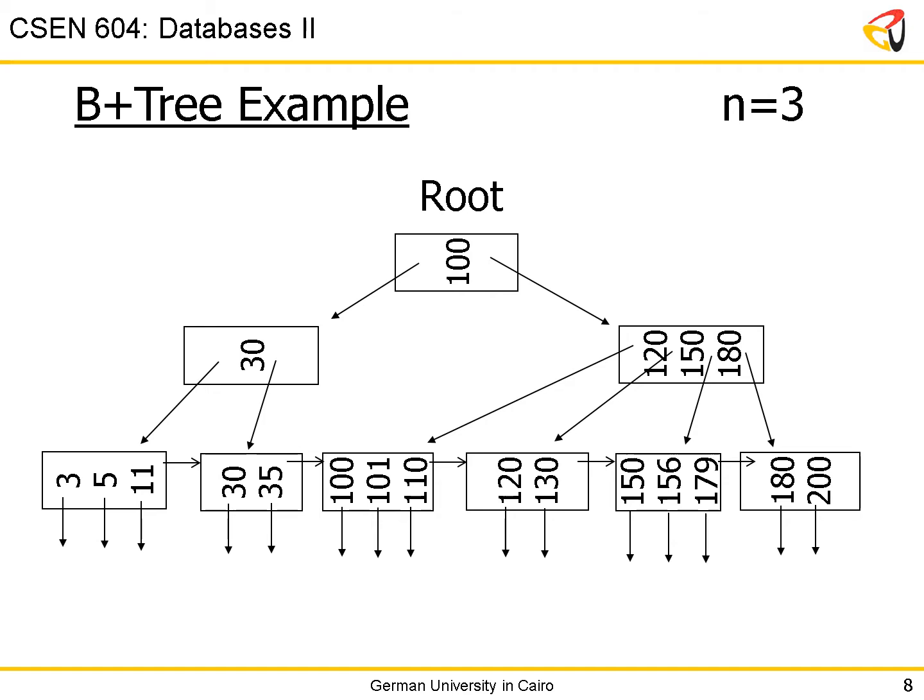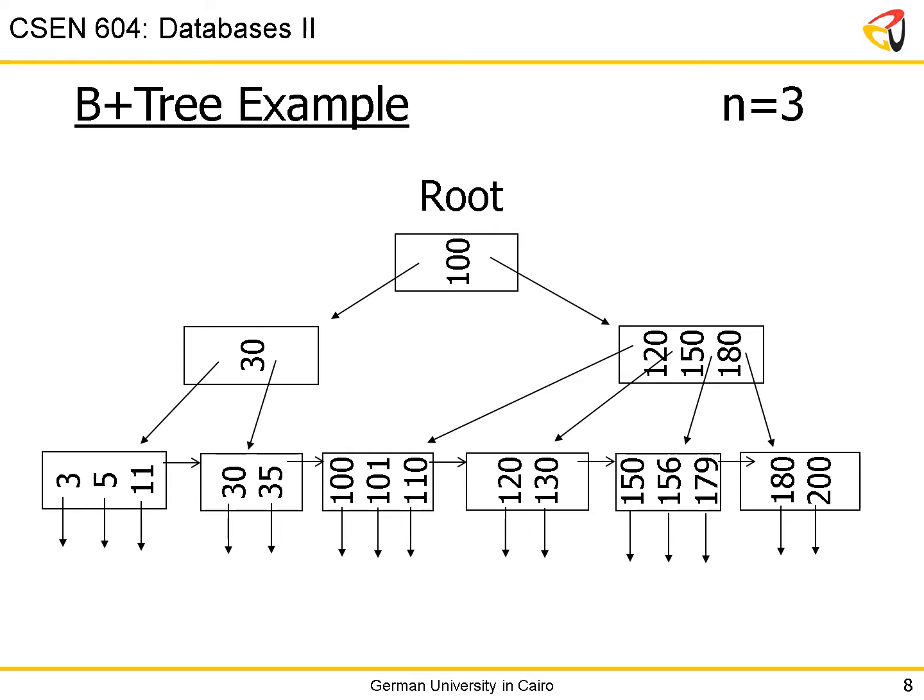So if your query selects star from where value is equal to 70, so 70 is less than 100, you follow the left reference, and by doing that you've ignored everything to the right of 100. So you've just ignored half the tree, and that's why you get log n again. Now 70 is greater than 30, so you're going to go to the right of 30, follow that reference. You will go to the node that has 30 and 35, you're looking for 70, so